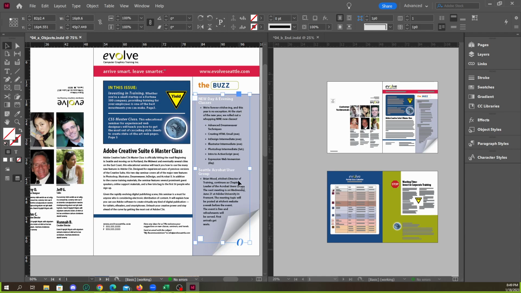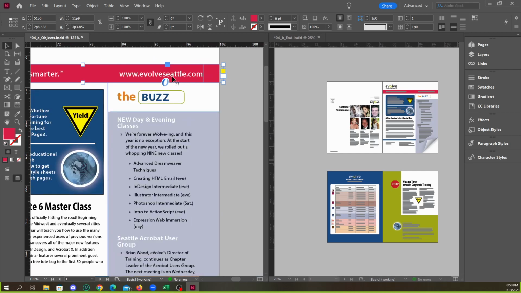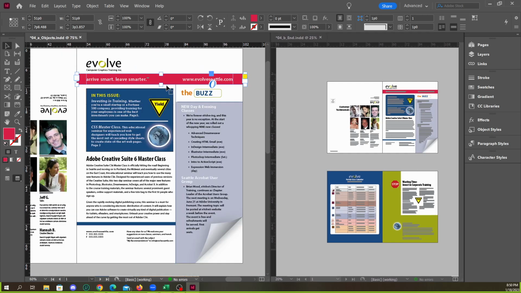We looked at how to modify shapes, so you could also modify text boxes. We looked at how to align text, how to use special characters like the right indent special character and